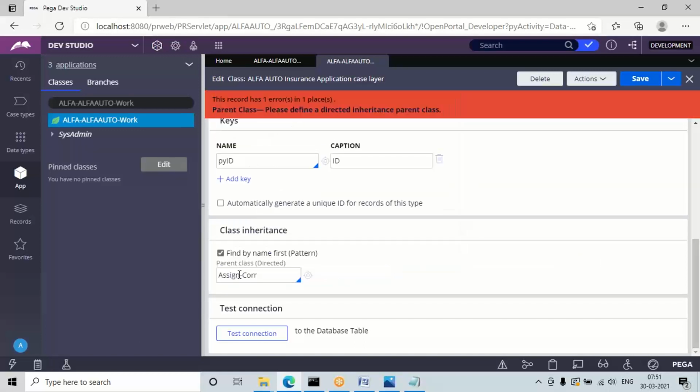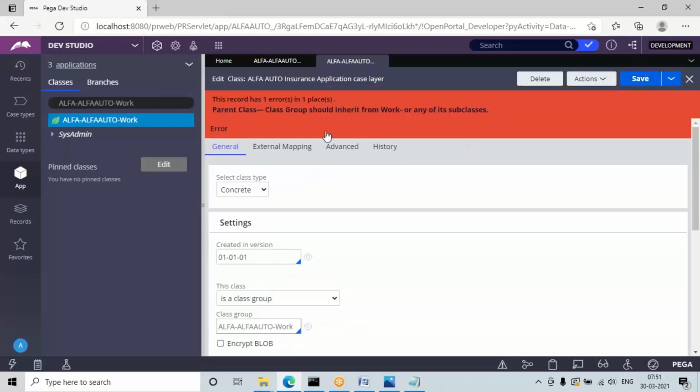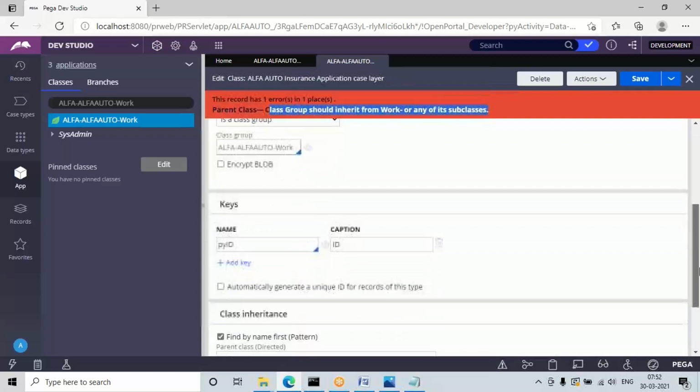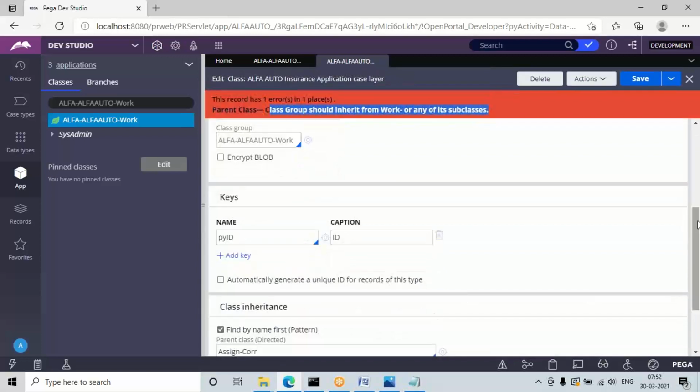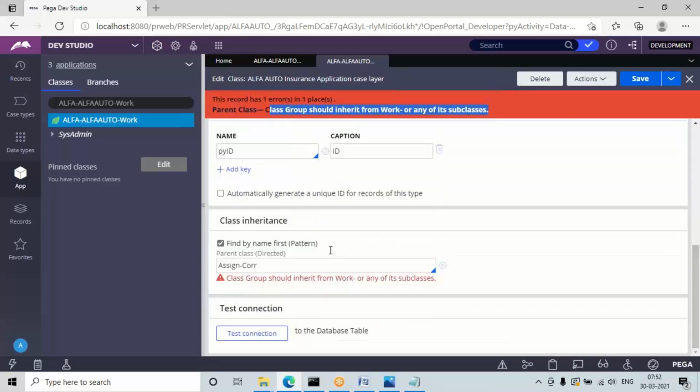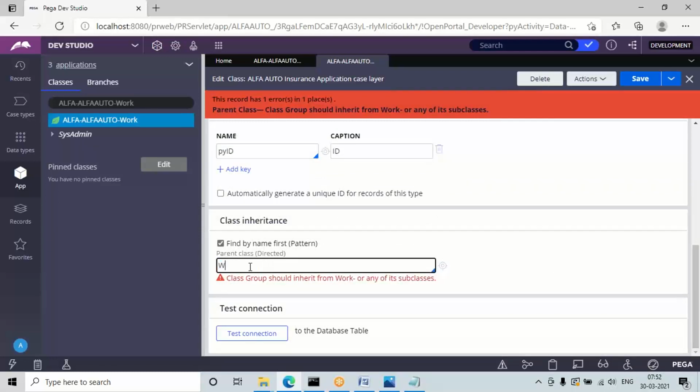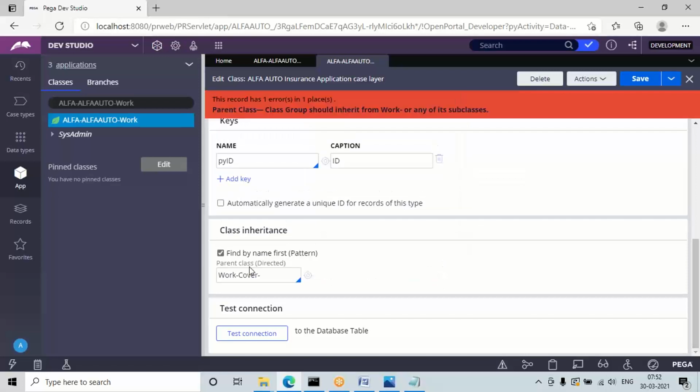If you give some other predefined class, it will throw an error again: Concrete class group should inherit from Work- or any of its subclasses. So it is mandatory to provide the direct inheritance, and according to the type of layer, we have to provide the class types. So it will be Work-Cover-. You don't actually select it, it is already configured. Only if I remove it, it will throw the error message.